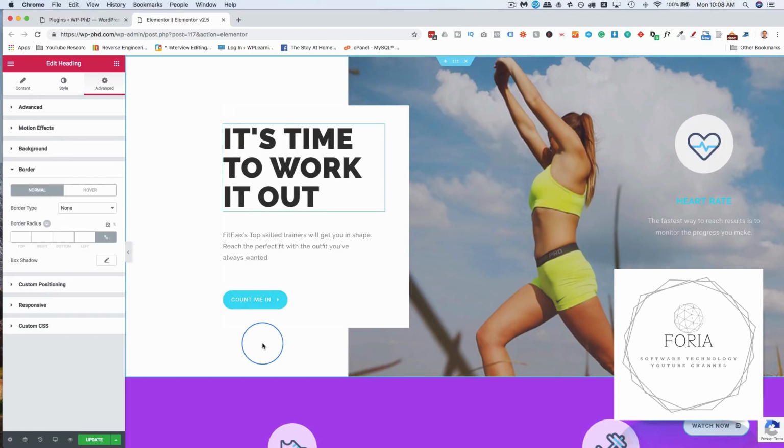And those are all the updates in version 2.5. If you haven't updated yet, make sure you do, and make sure you back up your site first, because you never know what will go wrong with these updates. Updates can break things, so make sure